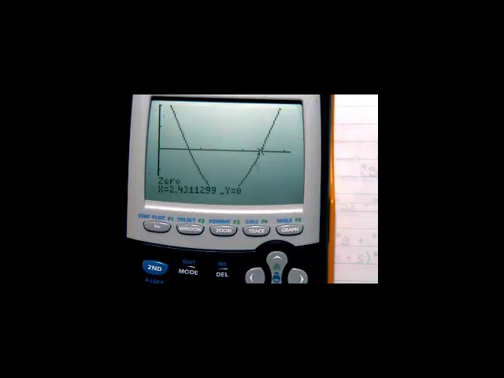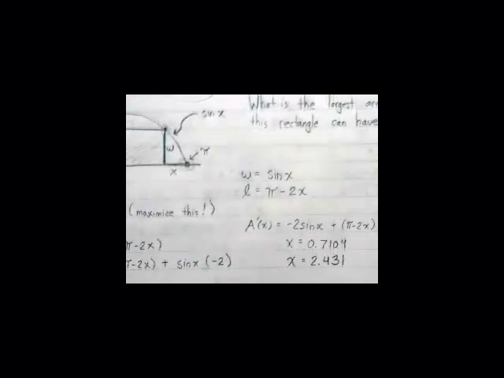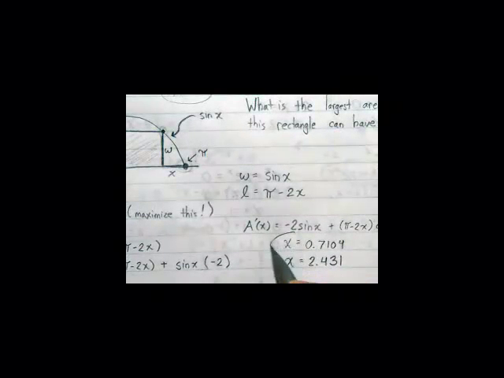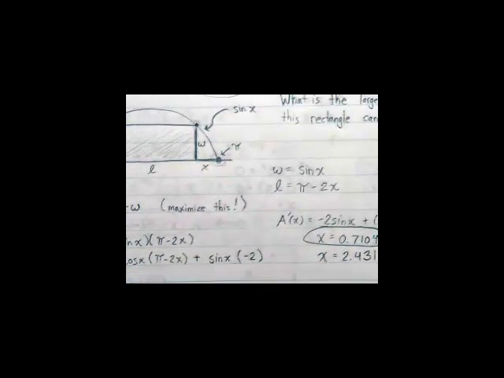Okay? So x, we haven't actually answered the question yet. What makes this happen is x equals 0.70, or 0.7104. Now, the question asked, what is the largest area? So what am I going to do with that answer then? Okay, do sine of 0.7104 and do pi